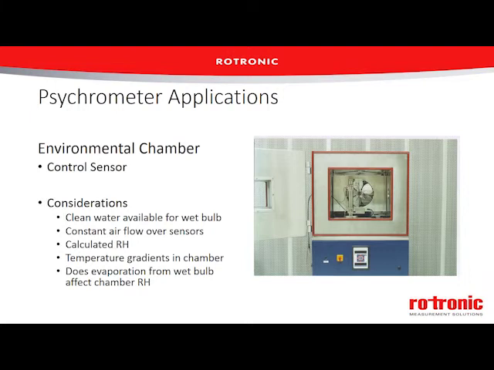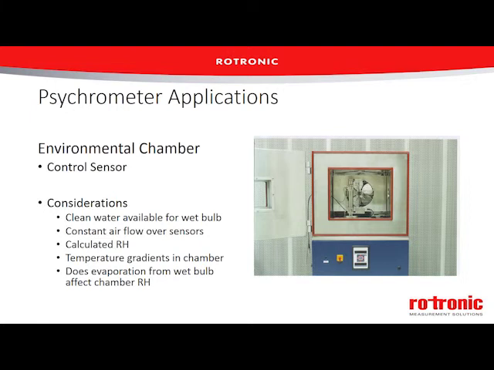If we don't have clean water, potentially the evaporation rate from the wet bulb sensor will differ, and that's going to directly affect our calculated relative humidity. The same thing goes for having a constant and sufficient airflow over the sensors. If there's not sufficient airflow, again, the evaporation won't happen as quickly,